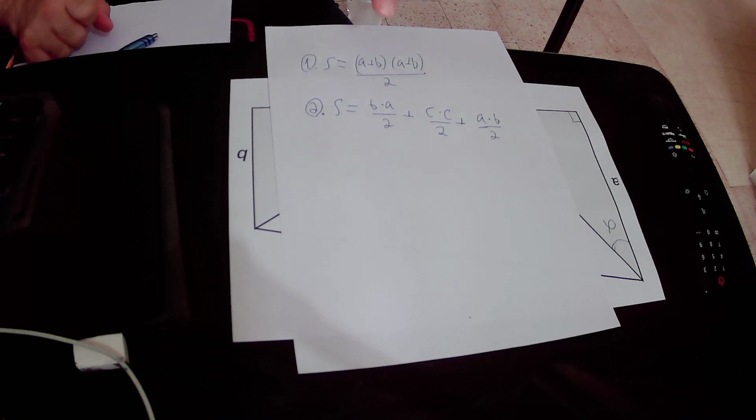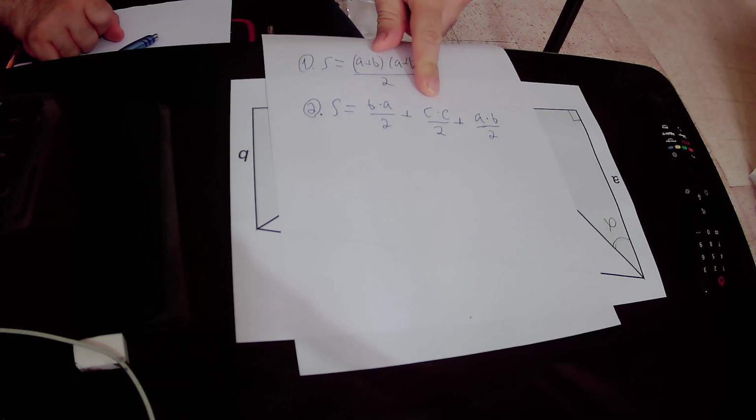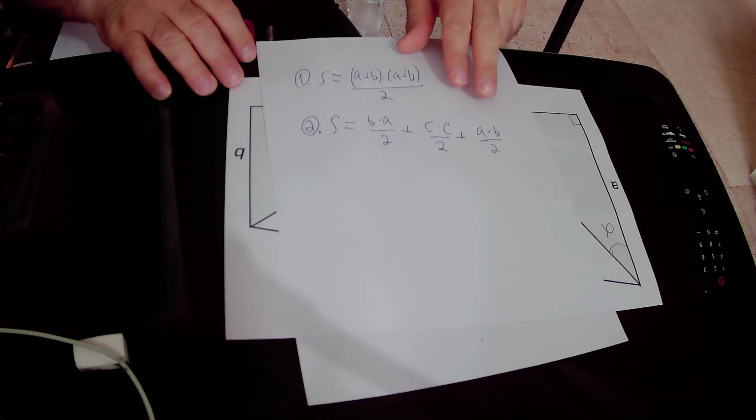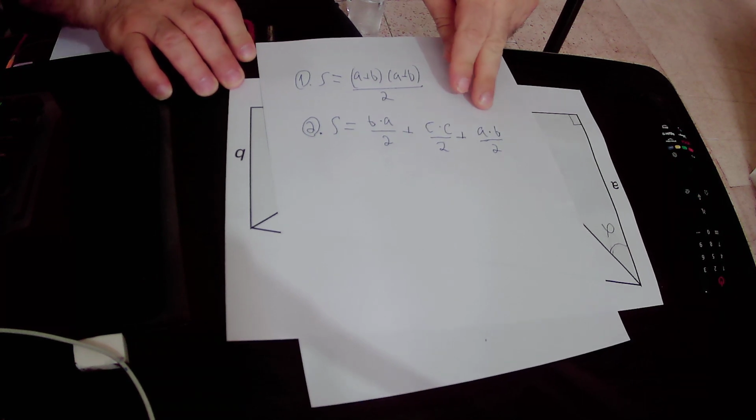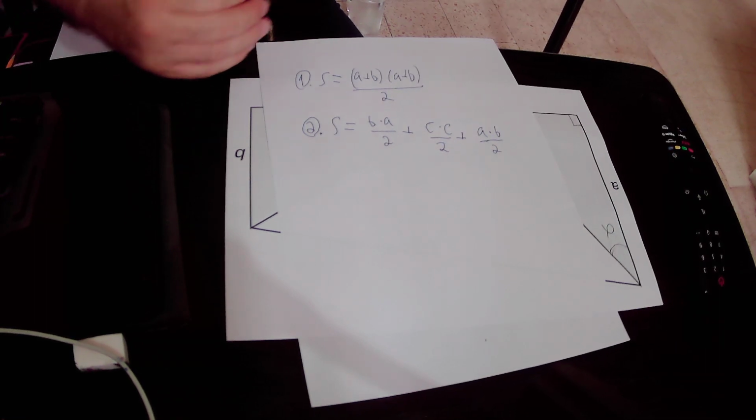It contains the right triangle whose area is b times a divided by 2, plus the area of the middle triangle that is c squared divided by 2, plus the area of the left triangle that is a times b divided by 2. So the sum of the areas of the three triangles that the trapeze contains equals the area of the trapeze. Okay, so we calculated the area of the trapeze in two ways,